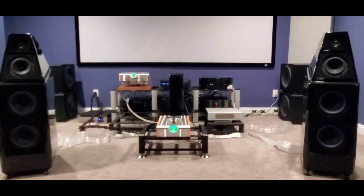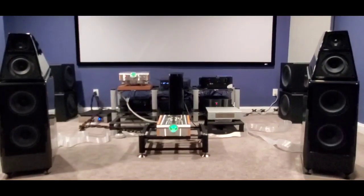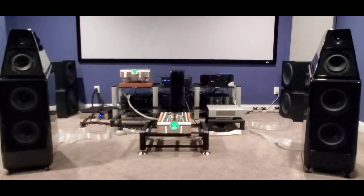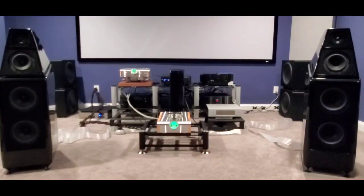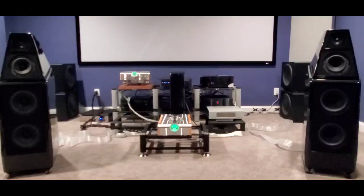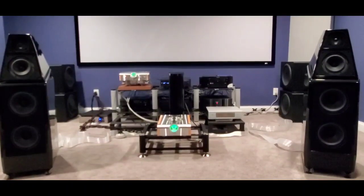It also doesn't have any current repair centers in the US. Again, so if it breaks, you've got to send it to the Czech Republic. That's really the only thing that I find that is a big knock on the amplifier. Nothing else. The next amplifier on the list is the Dan D'